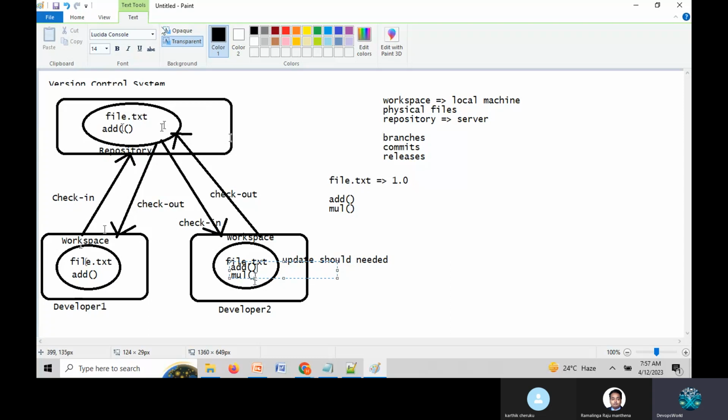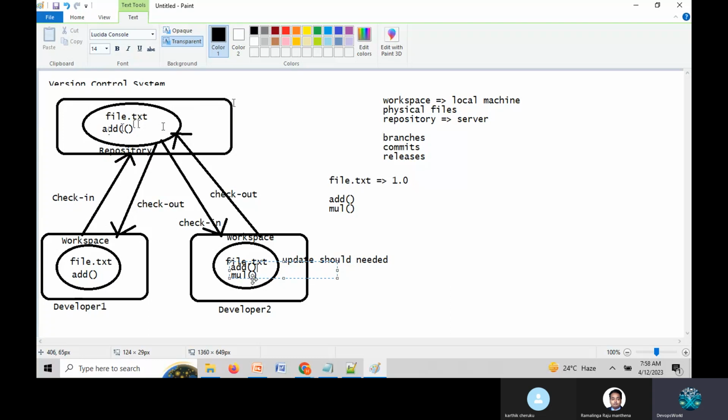The centralized repository is on-premises. So our organization should be responsible for it. We have to create one server, and inside the server we have to install the repository, and here we need to manage different types of branches, etc. Each and everything we have to manage. So this is very, very important.